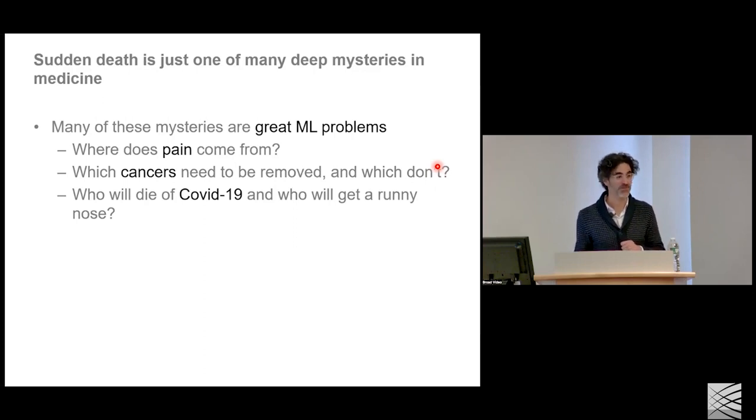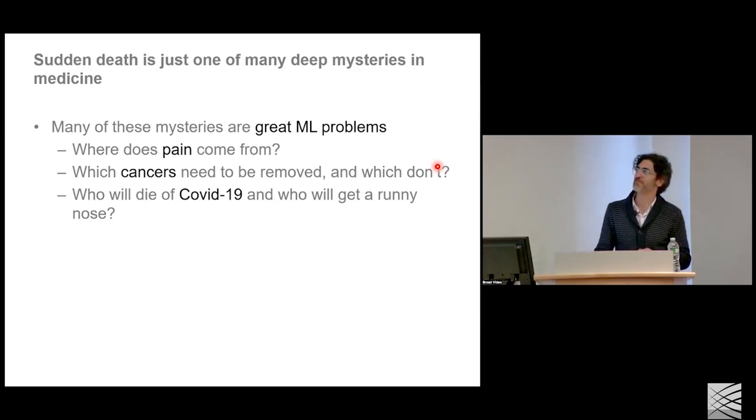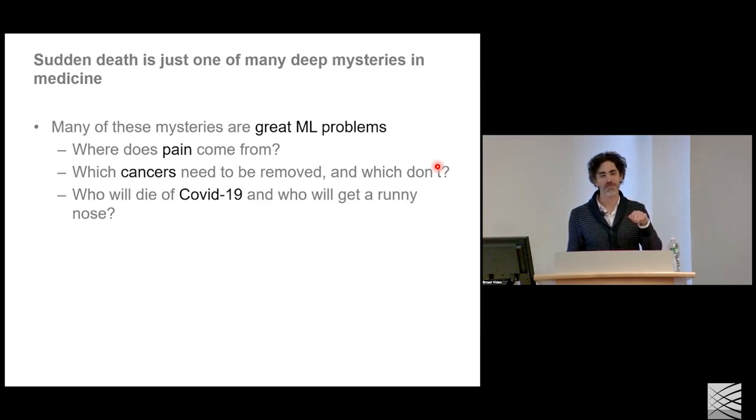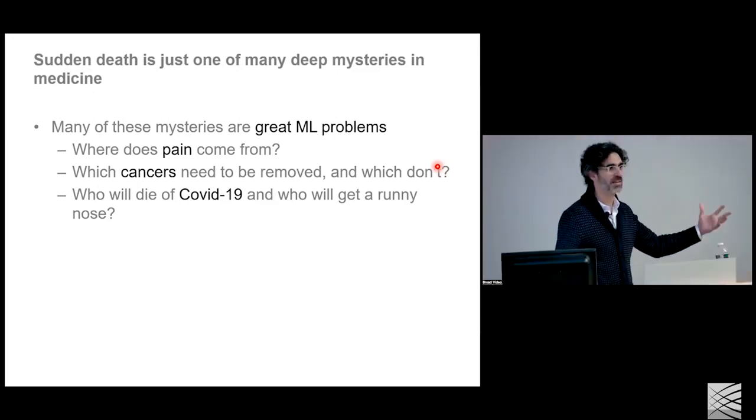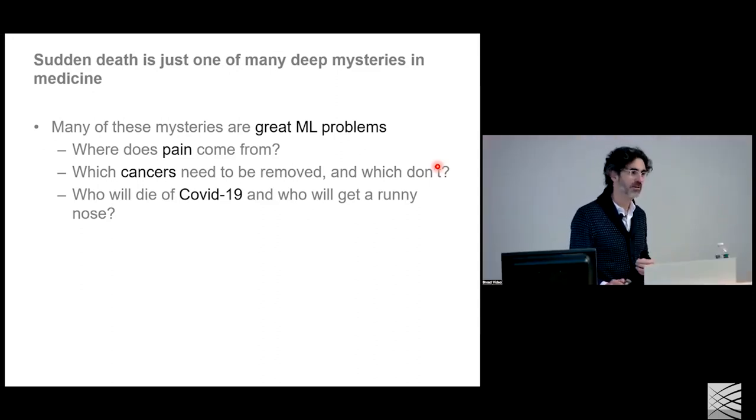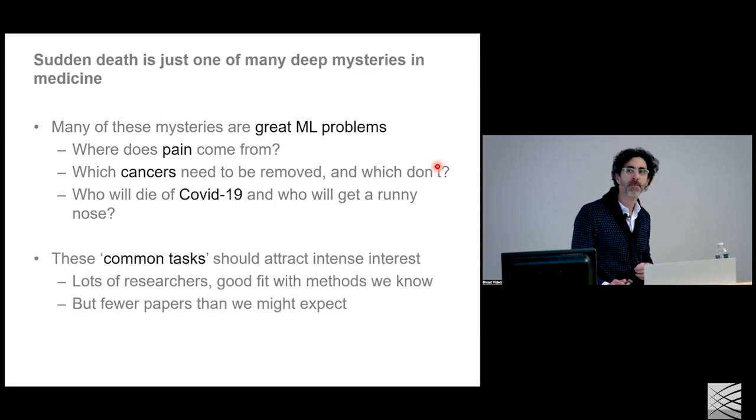Very interesting ML problem, because we have pain scores, we have lots of imaging. Cancer is a great prediction problem. Some cancers can be watched. Which ones won't metastasize? Really interesting, important problem. COVID: who's going to die from COVID? Who's going to have an asymptomatic or a minor infection? Another great prediction problem. I think, in my view, there should be a lot more papers